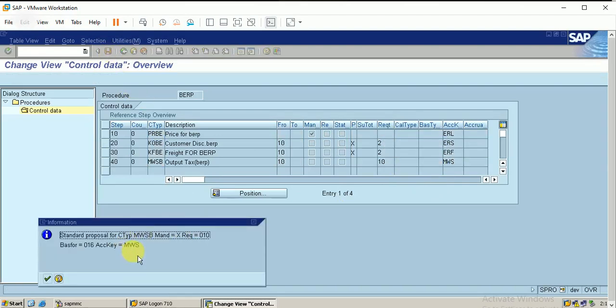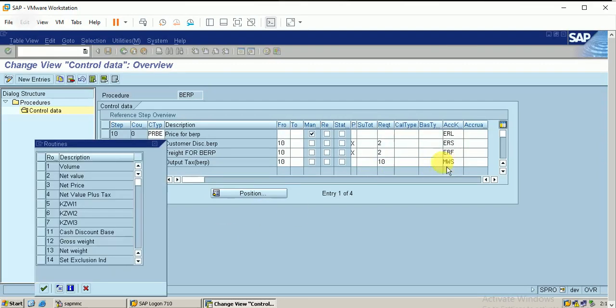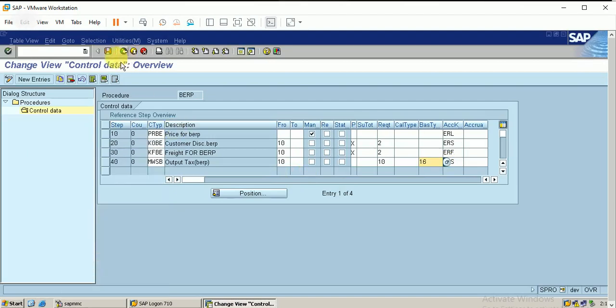Standard proposal for condition type. So it shows it is a standard proposal. The accounting key, the base type should be 16. So let me change the requirement to 10, and it shows we need to have this thing that is 16. Okay, we save it.